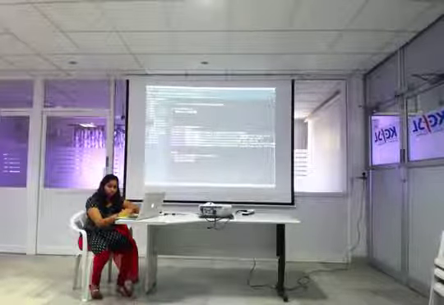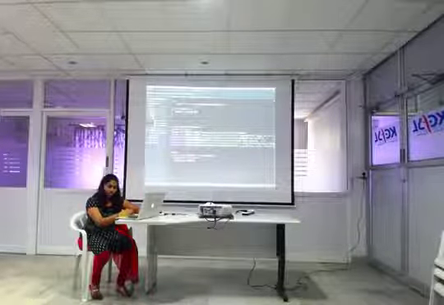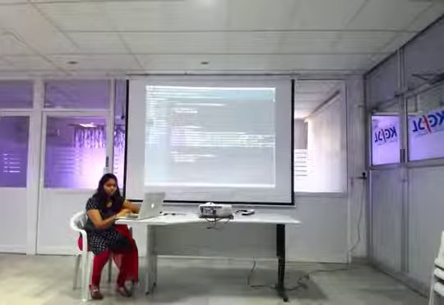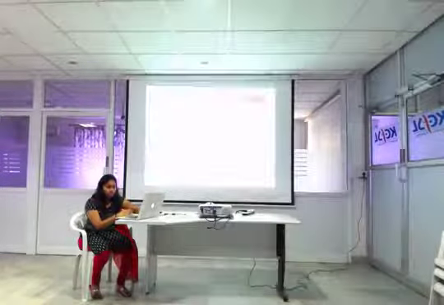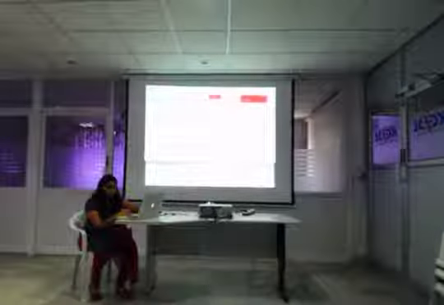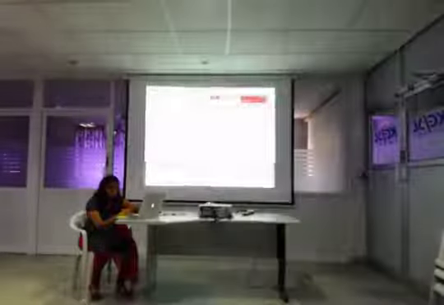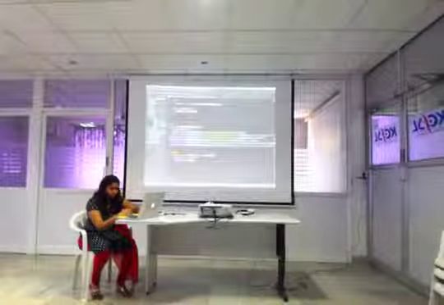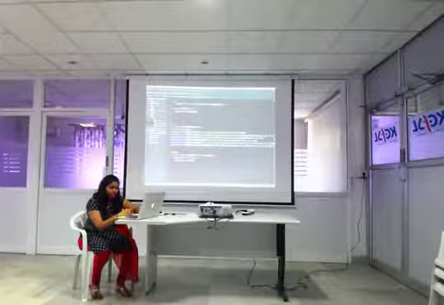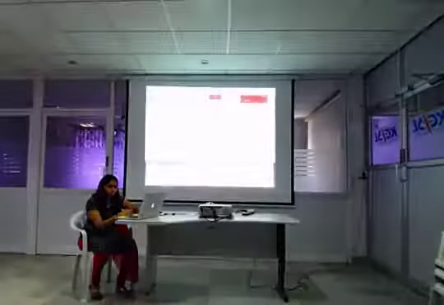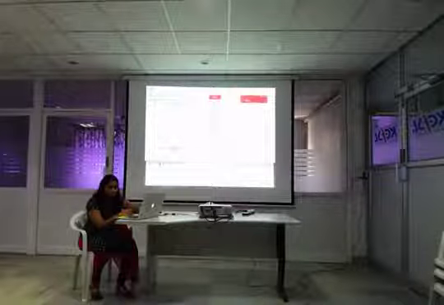Likewise, I have used find element by class name, XPath, and accessibility ID. Your class name corresponds to your type in the Android hierarchy, and accessibility ID is your content description. In this case, this element doesn't have any content description.